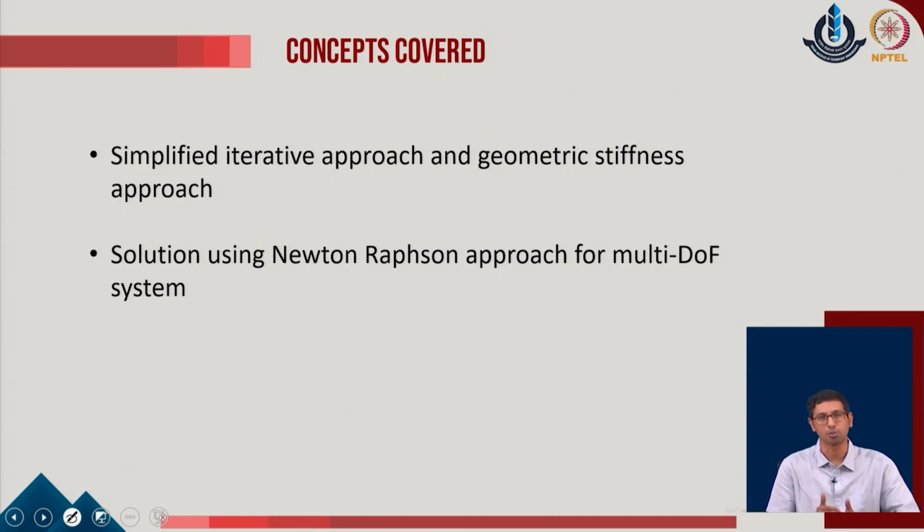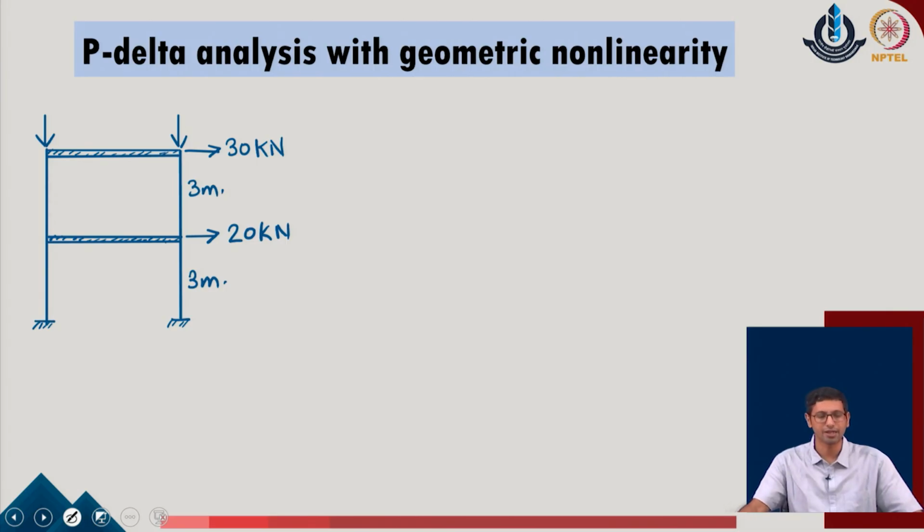So, with that the content is prepared, and we will go with the conceptual discussion of how the overall process is implemented. I will try to show in each of the steps how the procedure is done, but it will not be possible to show in the classroom how a typical example of the given system is done, because that typically requires the full computing code to be run on the given system. We have already shared the earlier computer codes with you, but if any one of you is willing to go through the nonlinear geometrical stiffness related assignments or specific problems, we will also be happy to share these codes to identify the system which we want to solve with the P delta analysis, considering the geometrical nonlinearities in the given system as well.